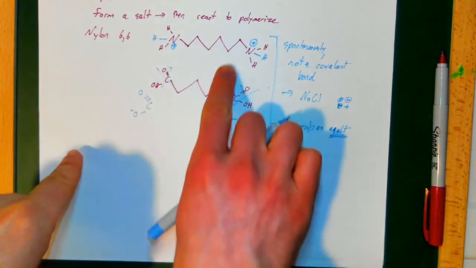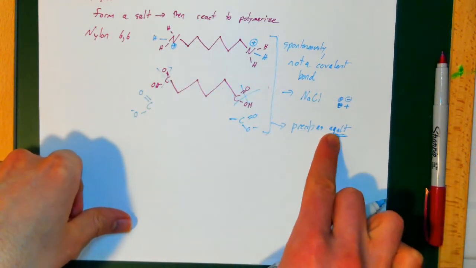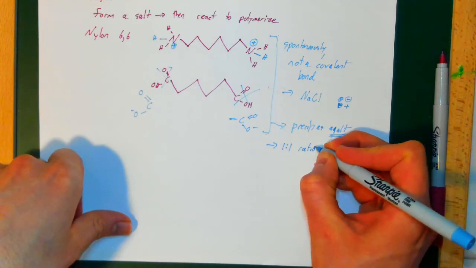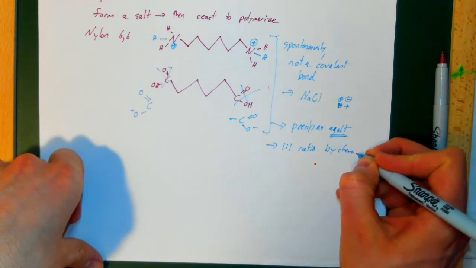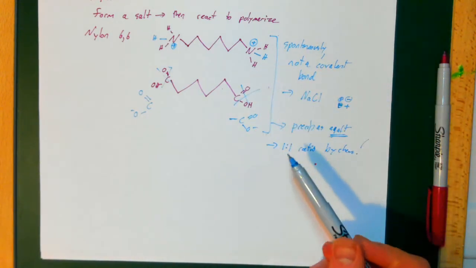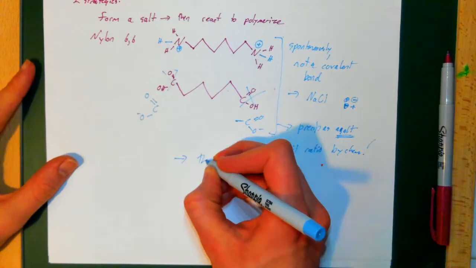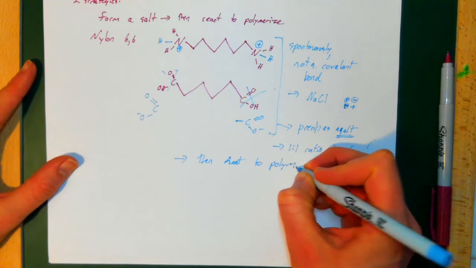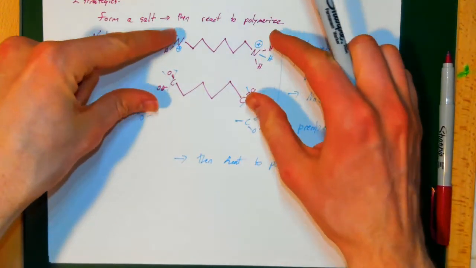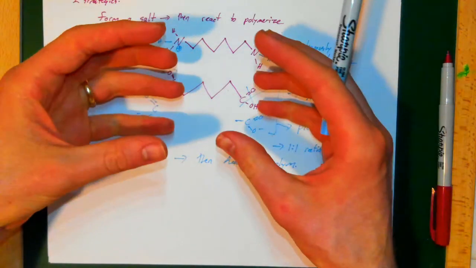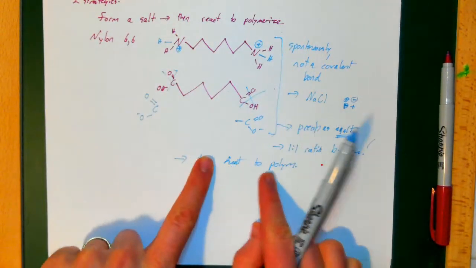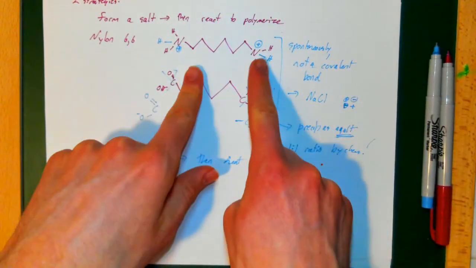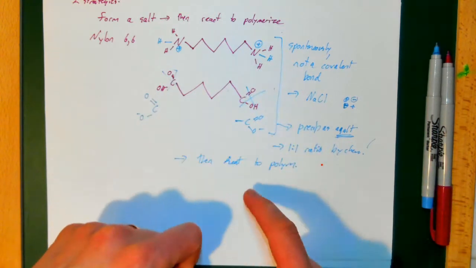So it turns out that you can basically precipitate nylon as a salt, and this means we get a 1-to-1 ratio by the chemistry. So we precipitate it as a salt, and then heat to polymerize. And it turns out that this is basically what's done industrially. You create these molecules, create a solution of them together, precipitate out that solution as a salt, and then you have this block that has a perfect molar ratio of these two constituents. You polymerize that block together,